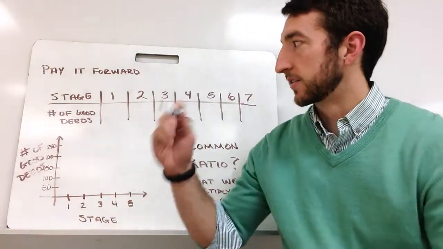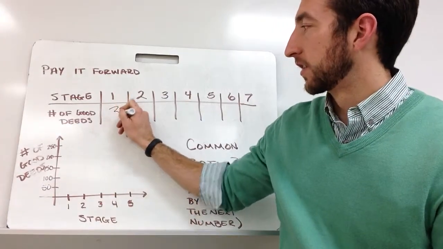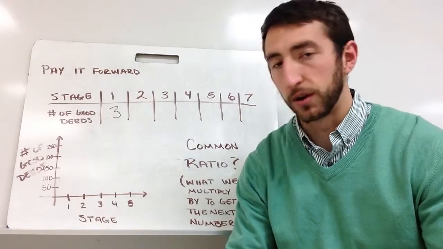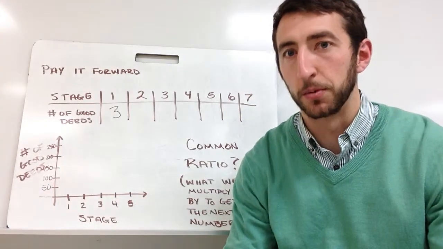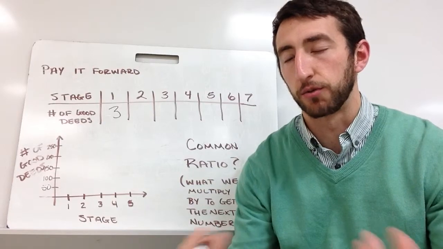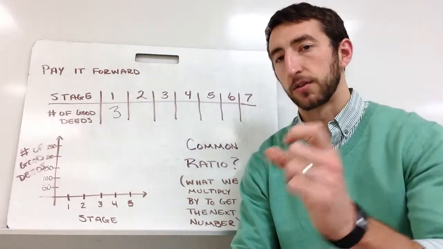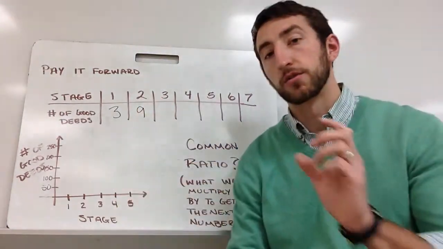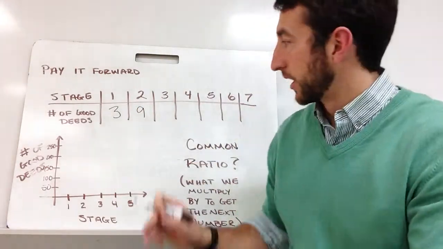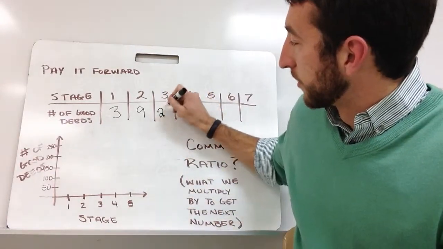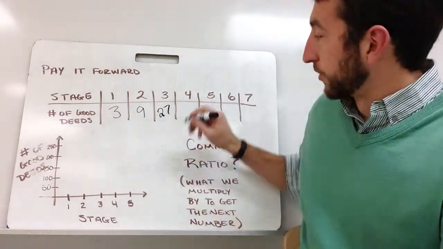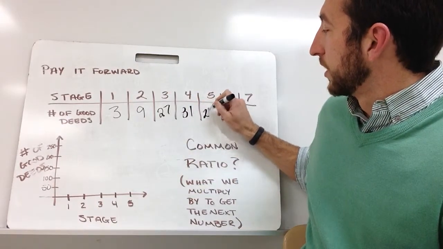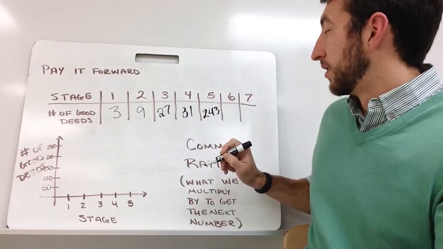So in stage 1, he's going to go out and do 3 good deeds for 3 random people. And then those 3 people need to go and do 3 more good deeds for 3 other random people. So that's 3 and 3 and 3 for each of them, a total of 9. And now those 9 people are going to do 3 good deeds each for other people. So that would be 27. And it would grow, so on and so forth. So the next one would be 81. And then 243. And then